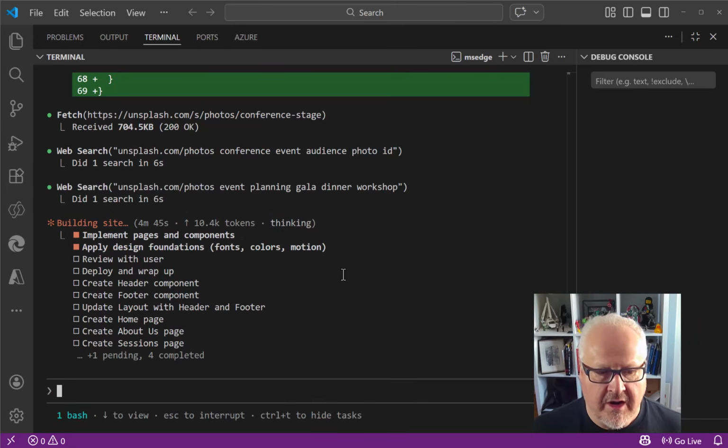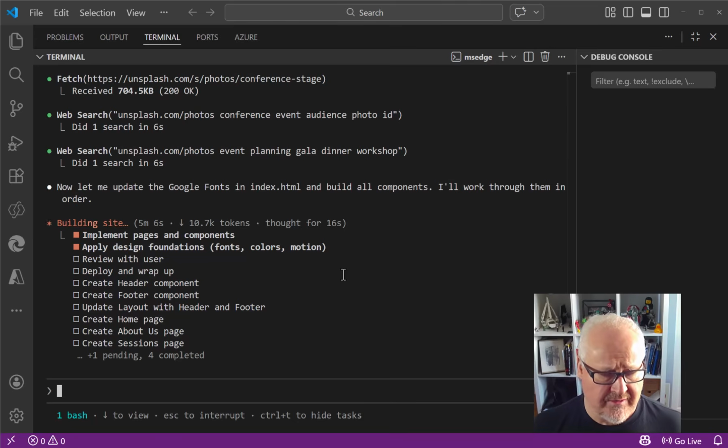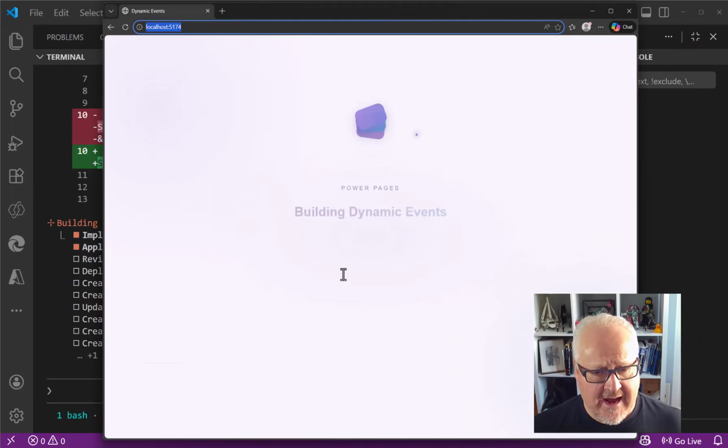Now, one thing I've not tried yet that I'm very curious to try, maybe for a future video, is the remote access. I don't know if you've seen this, but you can get this terminal running on your own mobile phone, and you can interact with that. So while Claude Code is working on my desktop computer, I can manage this human in the loop process from my phone. I can go to the gym, I can go for a walk